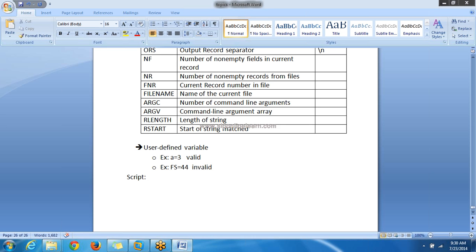So this command will be applied on the address. In AWK, the script also contains something before the action. We have pattern and action, right? So before the pattern, you can execute some task, and after the pattern also you can execute some action. I'll show you.